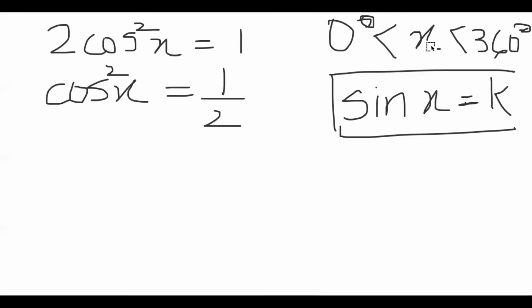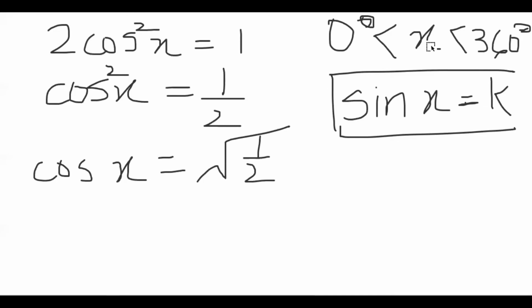And as this cos has a square in it, I'm going to take this square as an under root on the other side. And I've converted it into this form. This under root tells me that there are two signs, positive and negative. So cos has been positive and negative in all the four quadrants. And that's why for the answers, I am going to consider all the four quadrants and not going to specify only two quadrants because we have positive and negative answers for cos x.